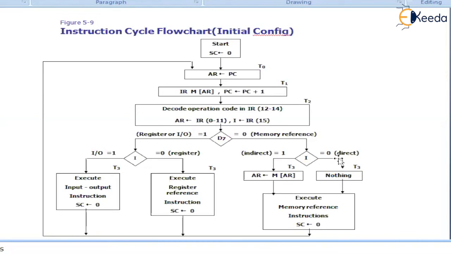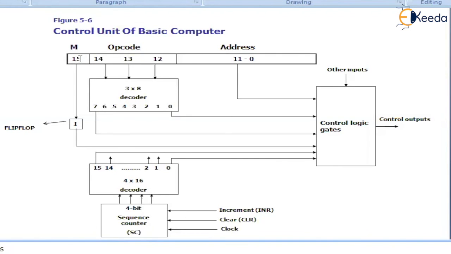If it is 0, direct addressing mode. If I is equal to 0, what is I? The most significant, 15th digit. For opcode 111, it decides the mode: if it is equal to 0, it could be a register reference instruction, and if it is 1, it's an IO instruction. But if the opcode is from 000 to 110, this will act as the mode that tells you the address, which is either a direct address or an indirect address.